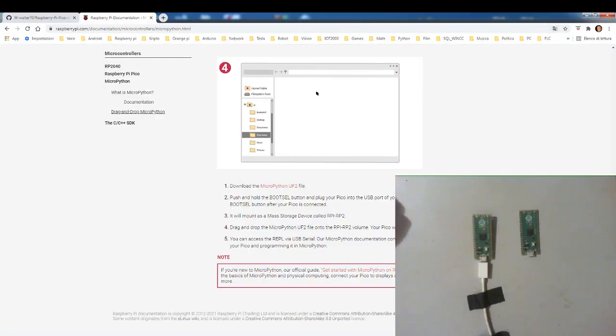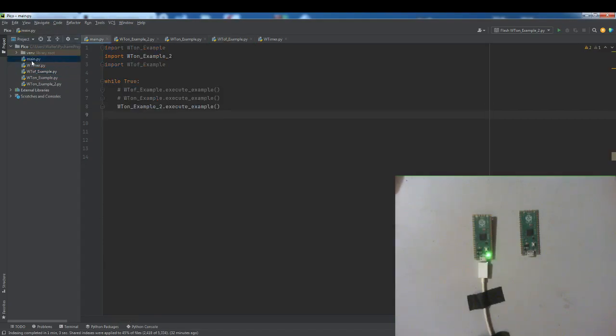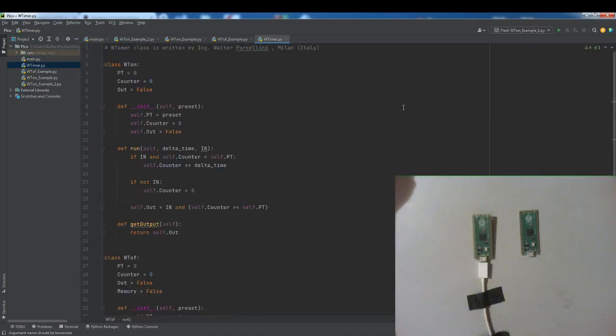In this video I want to explain and show you how to use my library for the timer. First, remember that you have to write inside the main file with extension Python, of course. In this case, I created this library, this module. This module has two classes. The first class